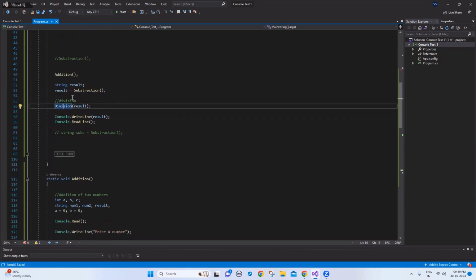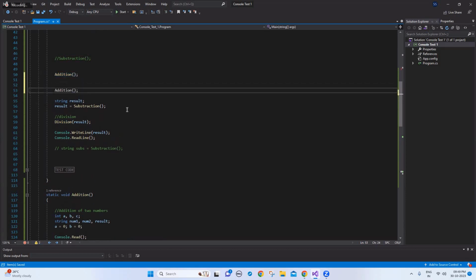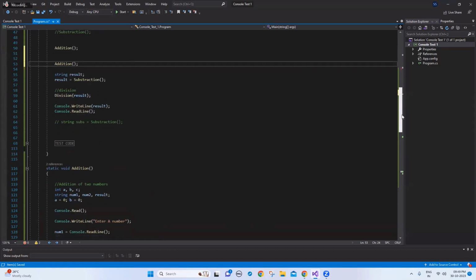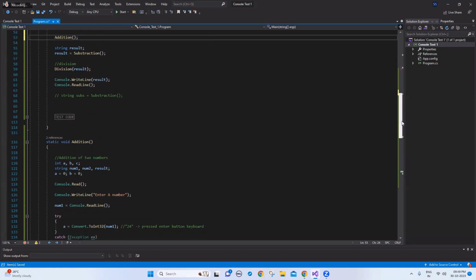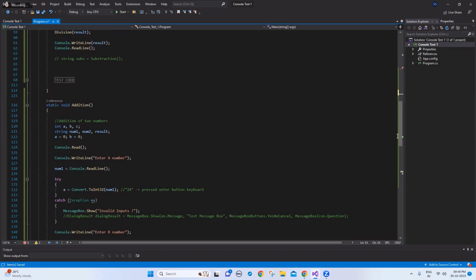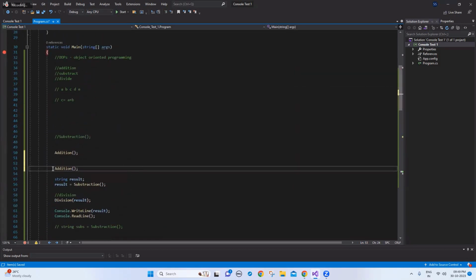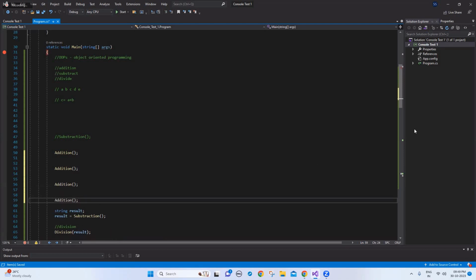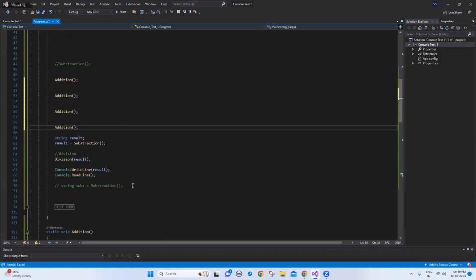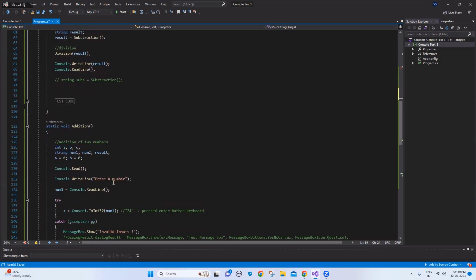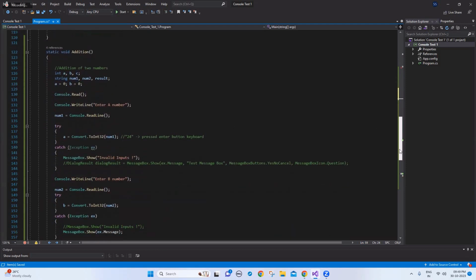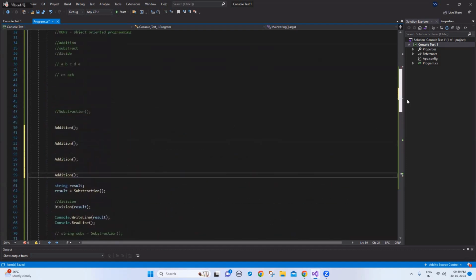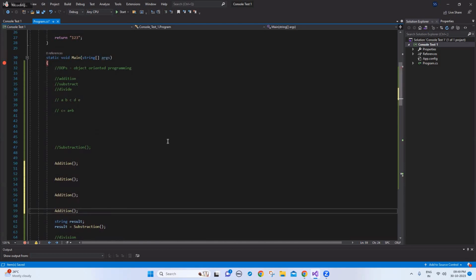Here I want to use this addition again and again. It will keep on asking A and B, A and B, A and B, right? So what I will do is